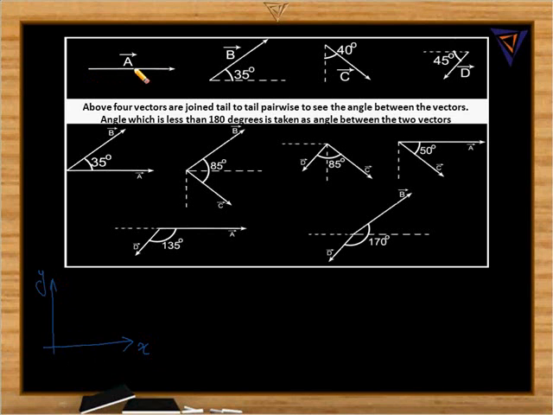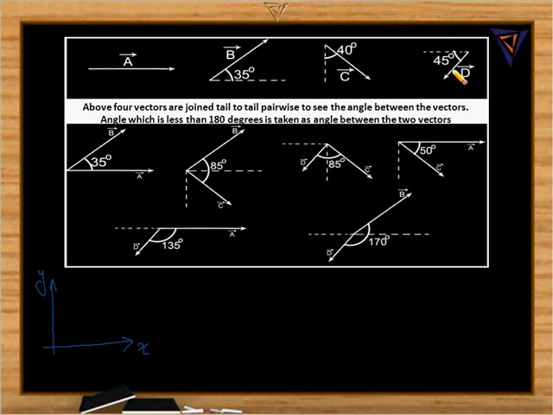So vector A is along the x-axis and vector B makes an angle 35 degree with the positive x-axis, and vector C makes an angle 40 degree with the negative y-axis, and here D vector makes an angle 45 degree with the negative x-axis. So if you are asked what is the angle between the vectors A and B, then in